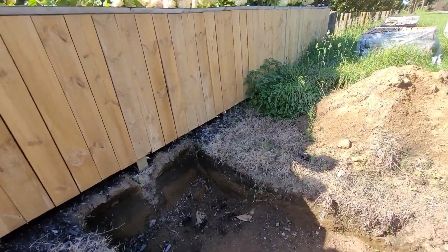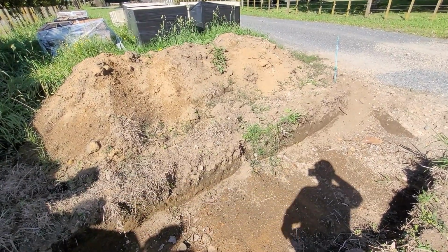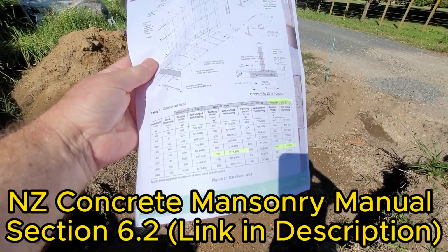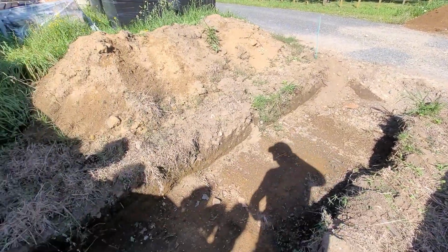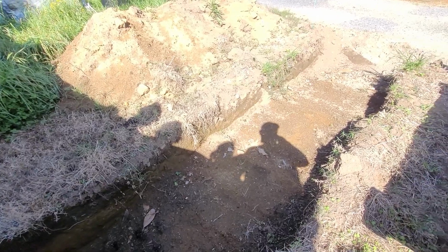I have been working off our standard. We've got a standard for block walls here in New Zealand, and in the end I think they only probably need to be about 700 wide, and these probably about a metre, so we won't use it all, and it only needs to be about 300 mil. Some of this is a little bit deeper than that,